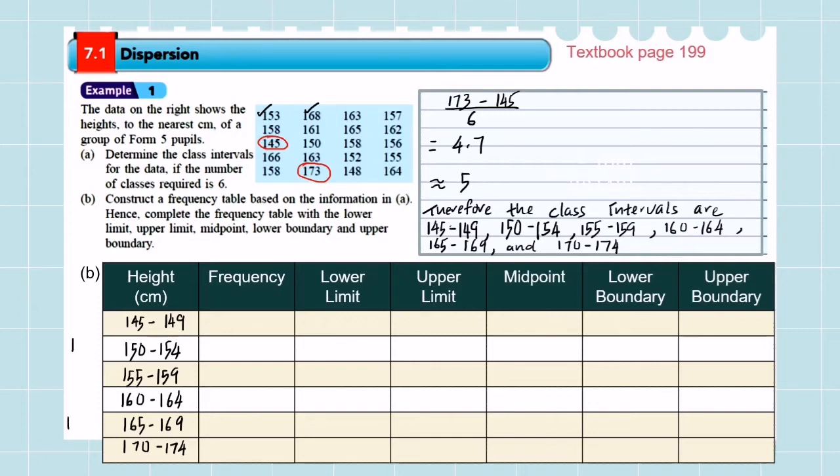Okay, it's here. 163. 157. 158. 161. 165, 162, 145, 150,